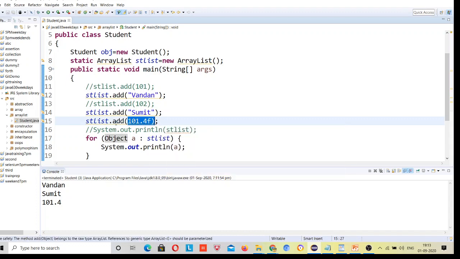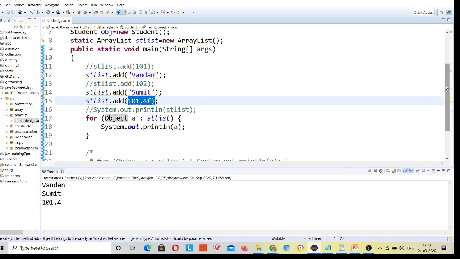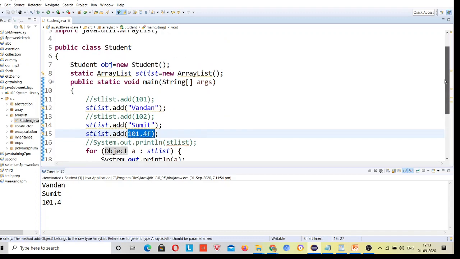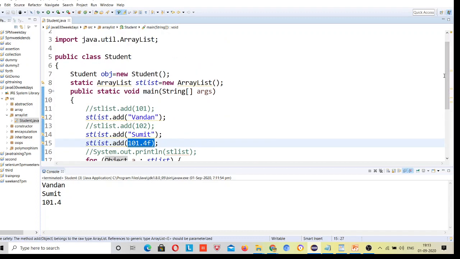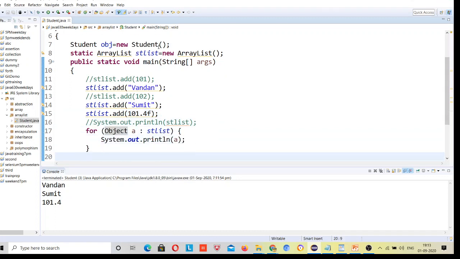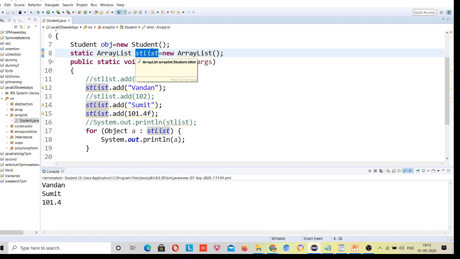Okay, so I hope that today, if you want to iterate with the objects, you know how to use the for each loop that I have already covered in my sessions. Previously we were printing the primitive types like integer, i equal to 1, i equal to 10. Those were the primitive types. So simply I was using i equal to 0 and i till the size, whatever you use, right? But here we are using the objects. We need to iterate with the objects. This is the object, right? So how to iterate with the objects, you need to think about this.